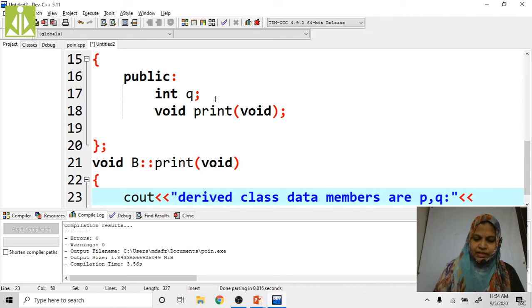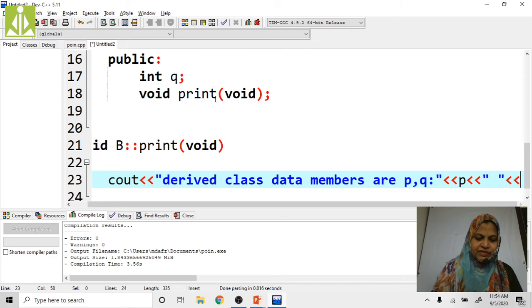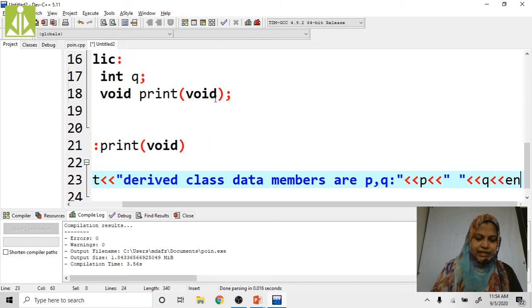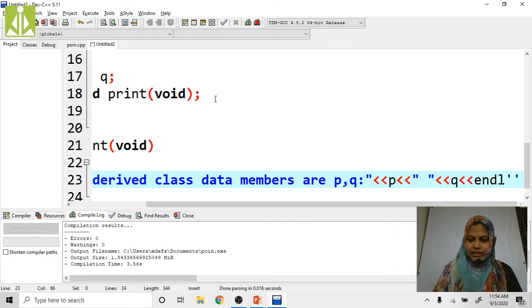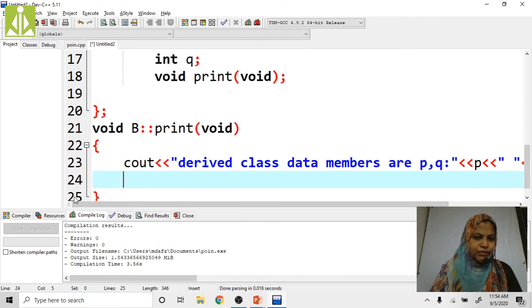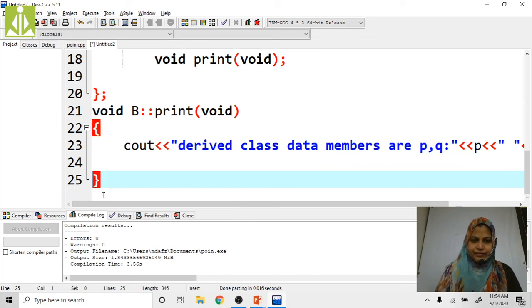Now first I have to save the value of p, space, and next I am going to save the value of q, next endl, right? Here I am displaying the derived class. Up to here clear?